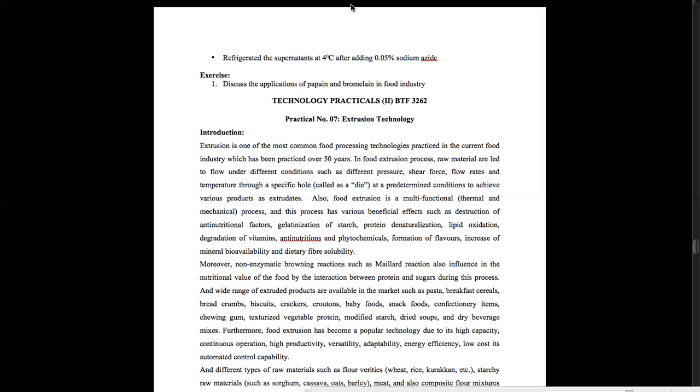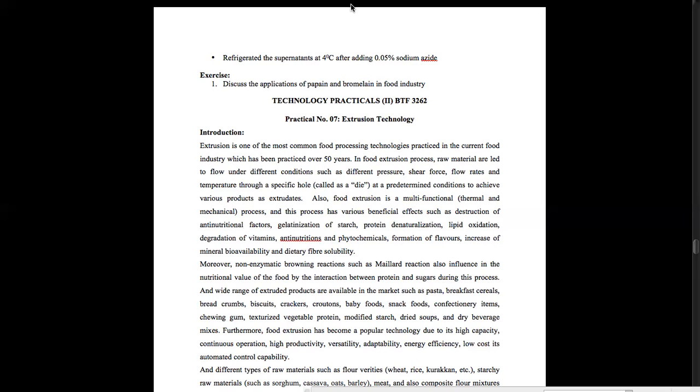We have an extruder in our laboratory, but I'm not sure that we can use it for any product development. But you can go through the parts, observe the parts available in the extruder, take pictures and attach them to your practical report. We have a double barrel extruder in our laboratory, and hopefully we can do the practical later with some locally available raw materials.